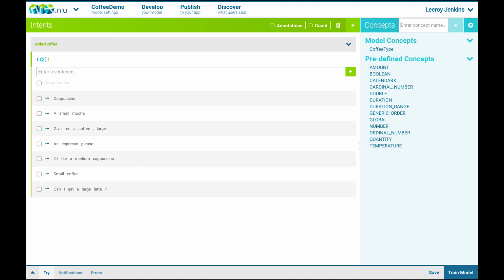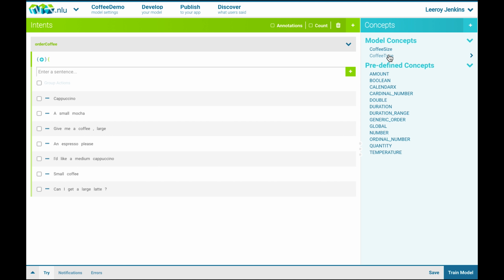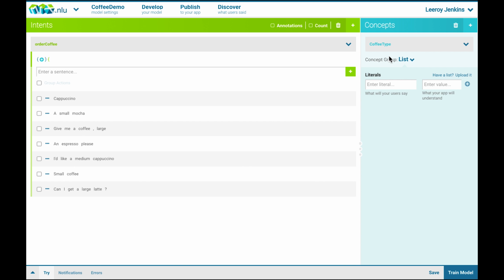If you're following along, please be aware that these are case sensitive. Now I'm going to define the concepts I just created. First I'll go into coffee type. You'll notice that it defaulted to a list concept. That means I'm going to provide a list of all the valid literals and values that will make up coffee